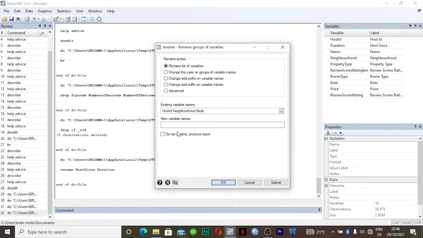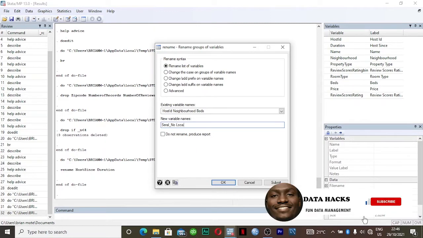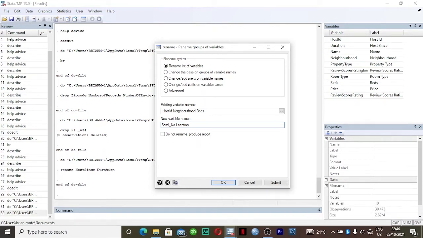The new name for host ID, I can call it serial_number. For neighborhood I can call it location, and for beds let me just call it number_of_beds.